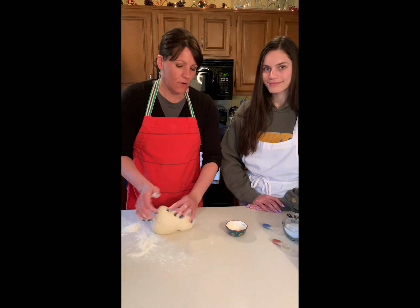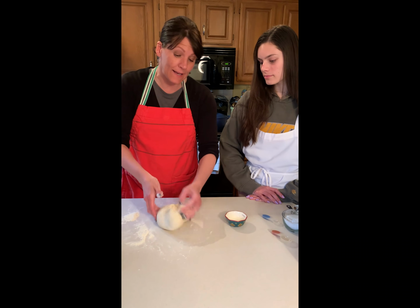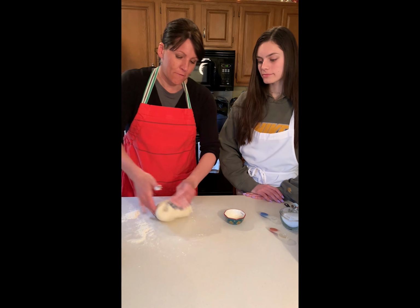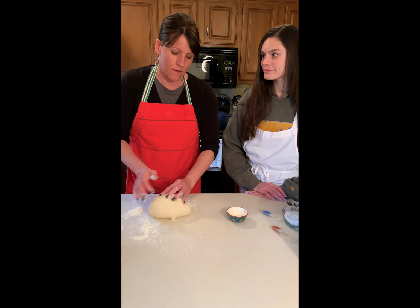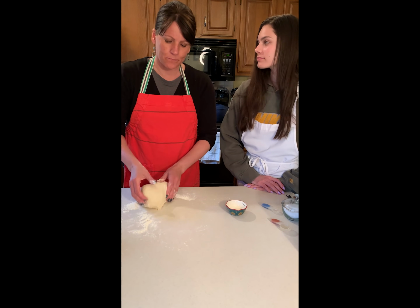And sometimes people get nervous with choux pastry because just the word itself sounds like it's something pretty complicated. But choux pastry is simply water, melted butter, flour, and some egg yolks. And then you can mix that all together in stages, and the pastry becomes